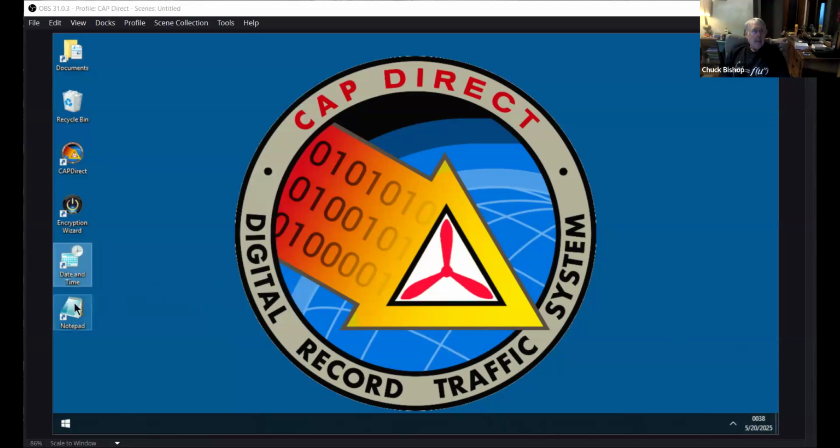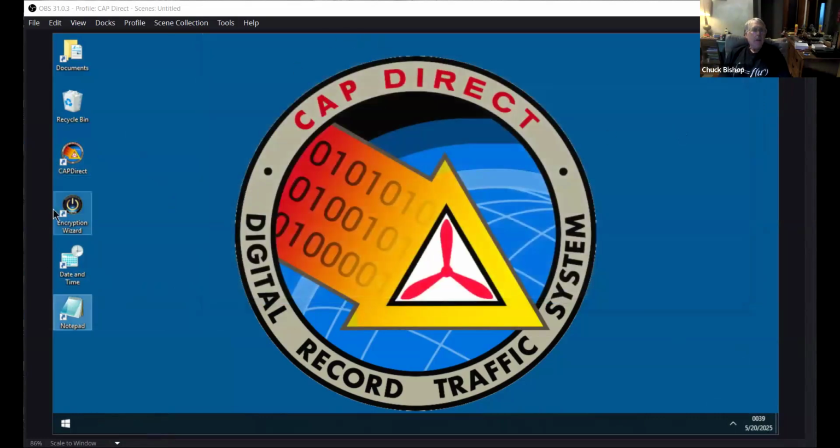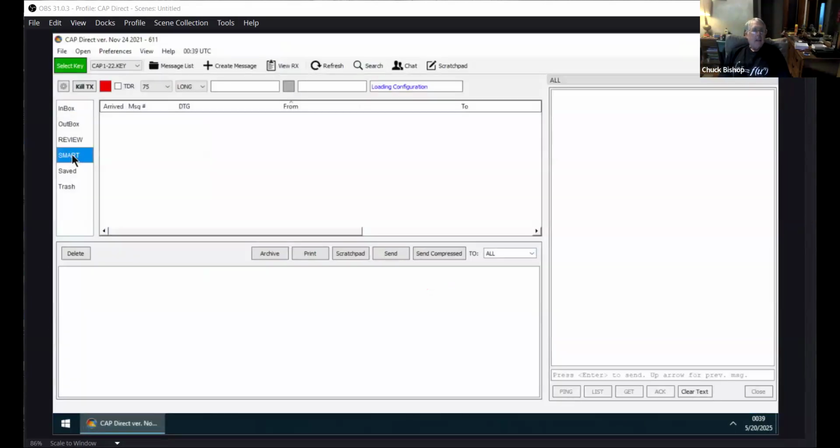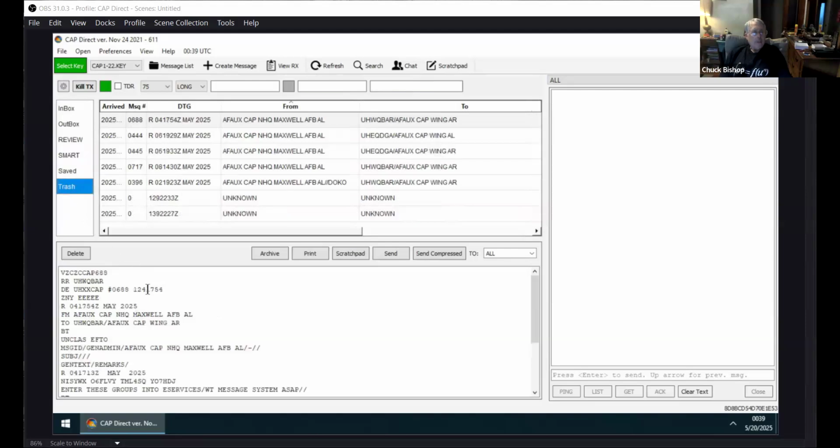Now, Notepad is real handy because if you get a Whiskey Tango message, you can go in and copy it. Let me close it real quick, and I'm going to bring the Cap Direct back up. Let me get over here to trash. Okay, here's a Whiskey Tango. I just highlight it, Control C,